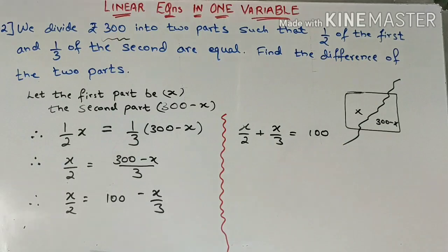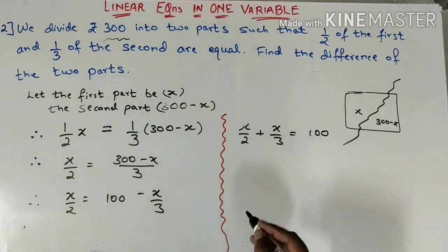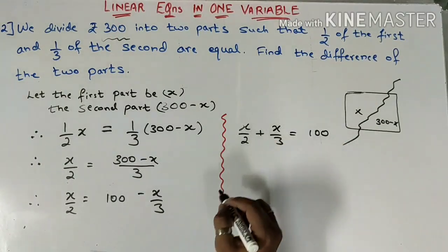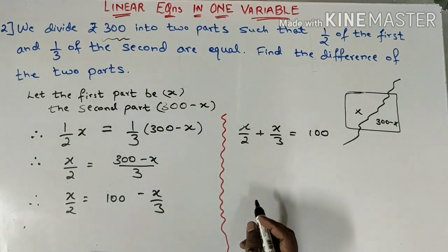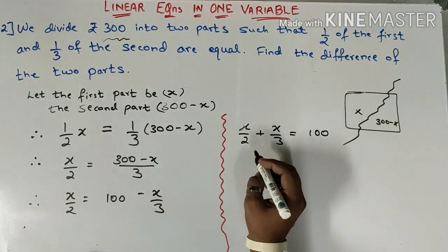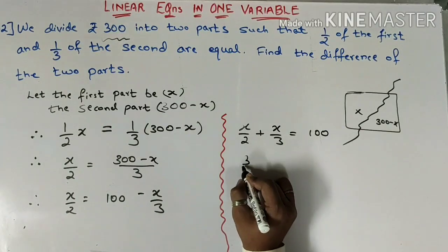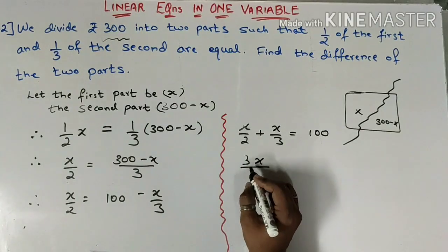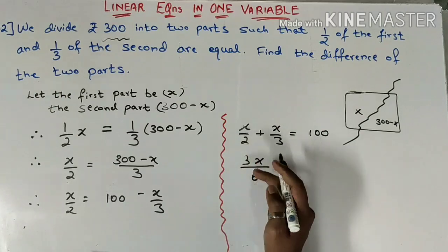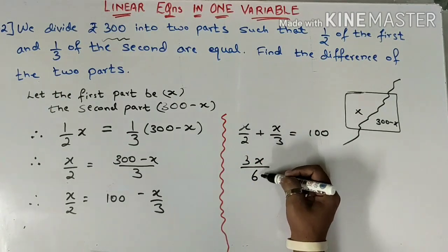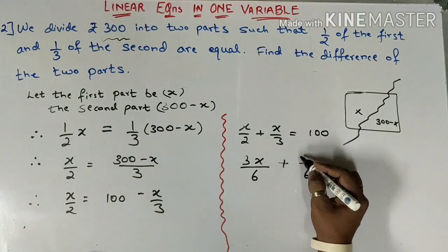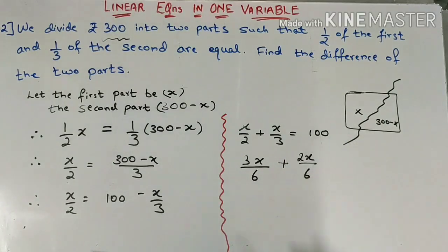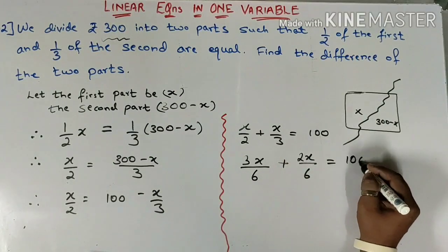Now before working out with these fractions, I'll have to check whether the denominators are same or not. No, they are not same, 2 and 3. So we'll take the LCM, that is 6, and hence to make the denominator 6, I'll have to multiply this by 3. Multiply 2 by 3 to make the denominator 6. Same ways, if I want to make this 6, I'll have to multiply the denominator by 3 and the numerator by 2, which gives me 100.